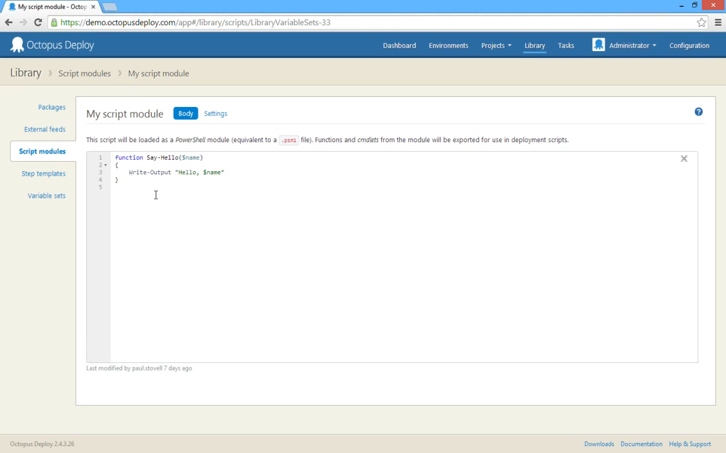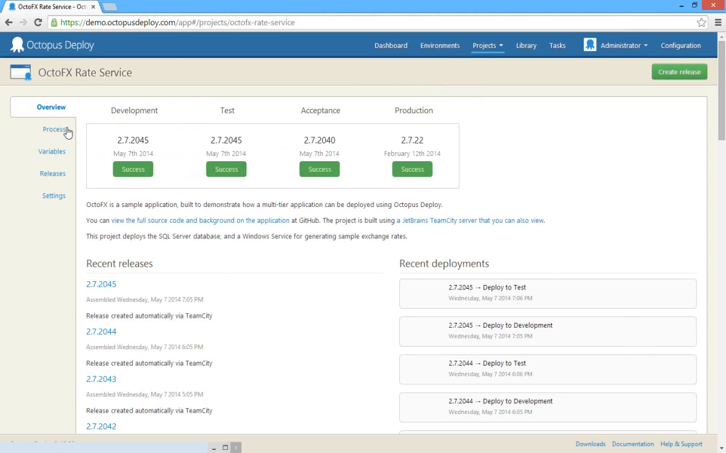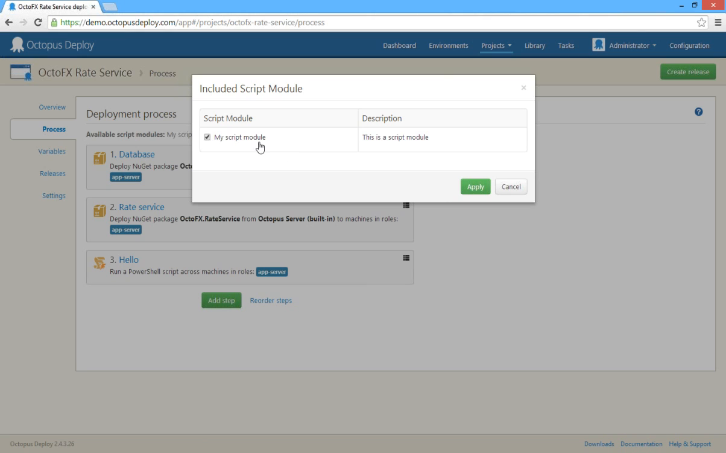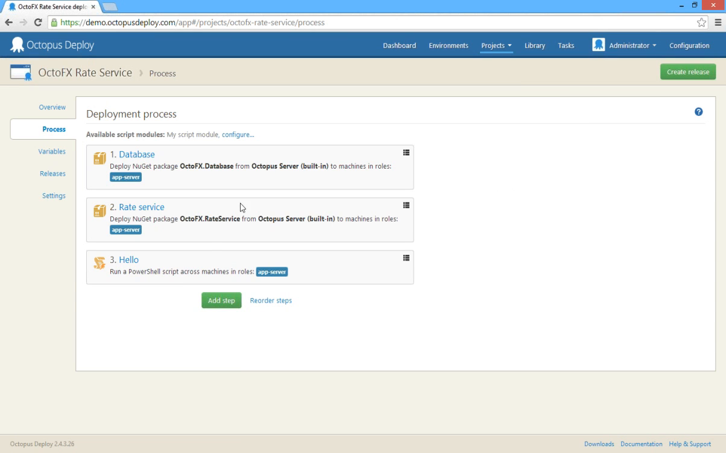So I create this function called say hello, which takes the name. I'll make that write hello, otherwise PowerShell complains, there's only certain verbs that it likes to have as function names. I can then go to a project, and in the process tab I can go to configure and choose these script modules. And then basically any PowerShell scripts that we run within the context of this process, so any deploy.ps1 files, the deploy failed ps1 file, the PowerShell script steps that you add, including any step templates,